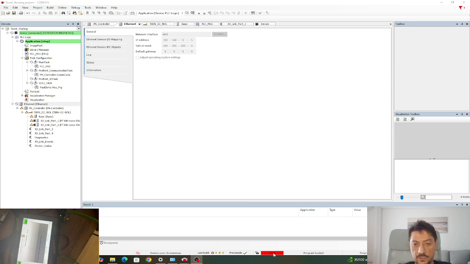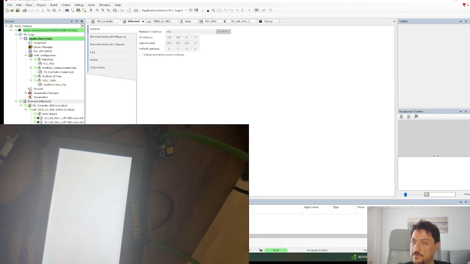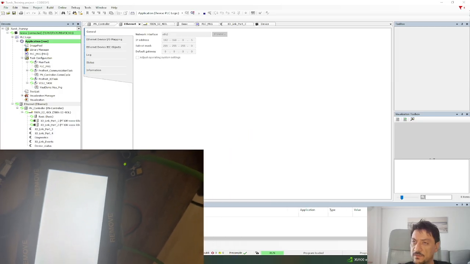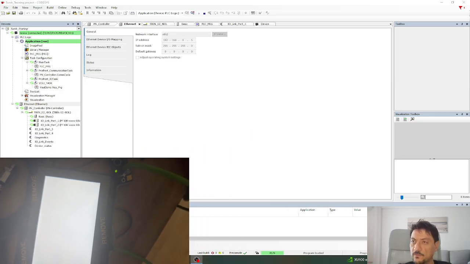Yes, now we are online and the PLC is in stop mode. Run the PLC. Now the PLC is running, and we got an empty white screen here because we should program the HMI with the TX Visual Studio, not with Codesys. So we are going to program the PLC side with Codesys, but the HMI visualization will be programmed by TX Visual,